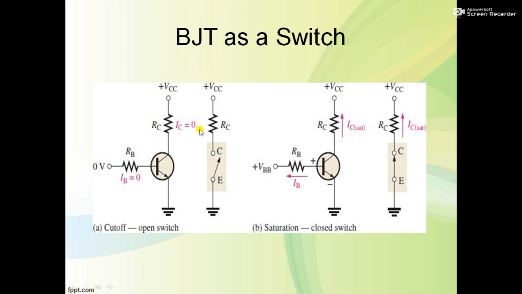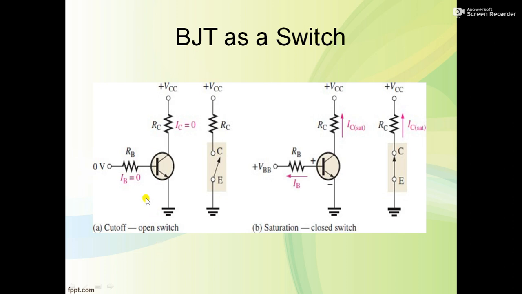The transistor acts as an off switch in the cutoff region because the EB junction and CB junction, both junctions are reverse biased. The transistor operates as an on switch in the saturation region because both junctions are forward biased. And the transistor is used as an amplifier in the active region because the EB junction is forward biased and the CB junction is reverse biased. So now in this slide, the BJT acts as an on switch and